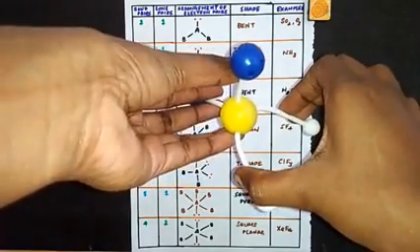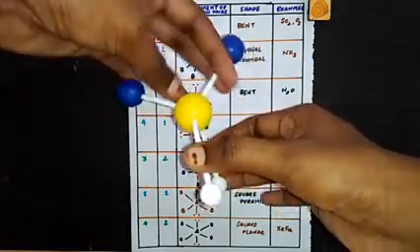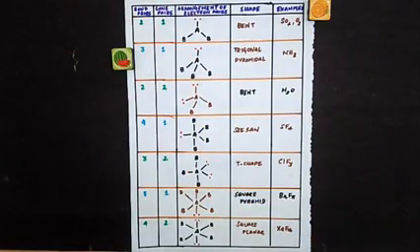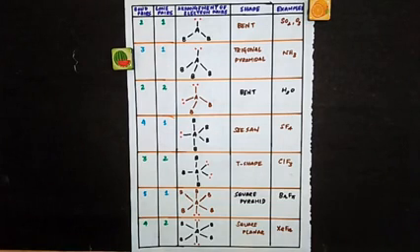This is going to be as far apart as possible, like this. So we call this structure a bent structure, and that will be the structure of the H2O molecule, the water molecule. In the same way, all the structures will be distorted if there are lone pairs of electrons.